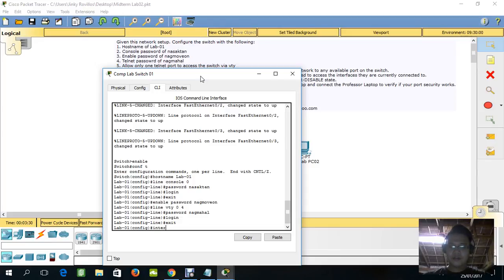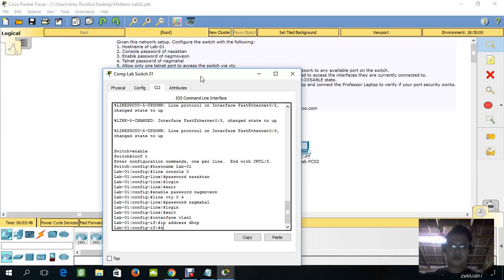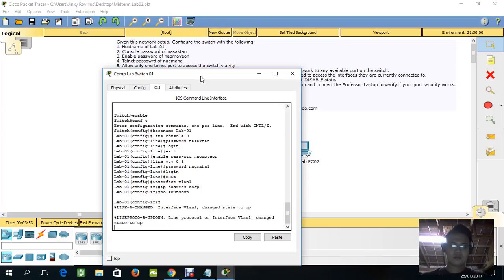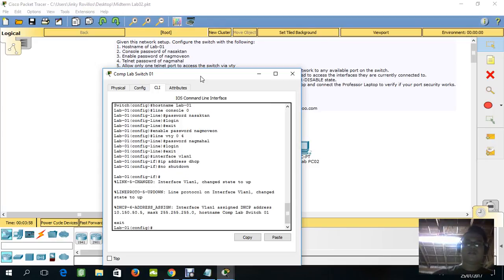So we're going to type interface VLAN 1 and then IP address DHCP and then no shutdown and then exit. Okay, we solved problem number 5.